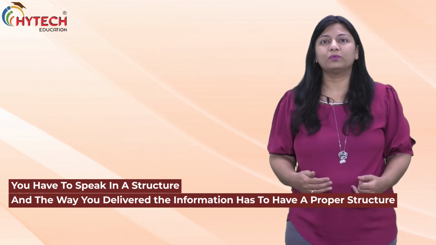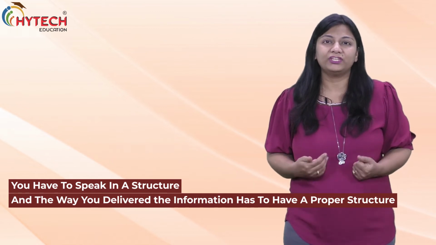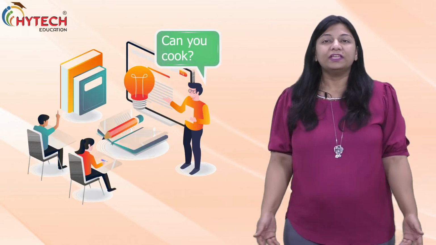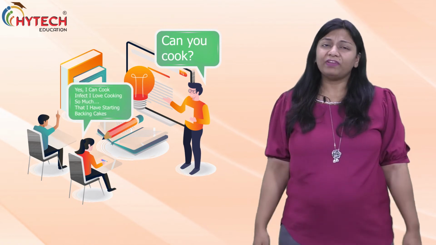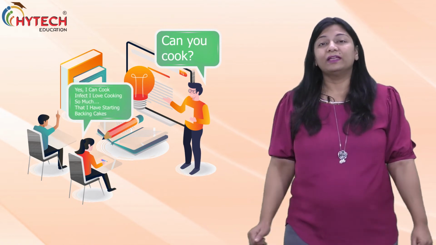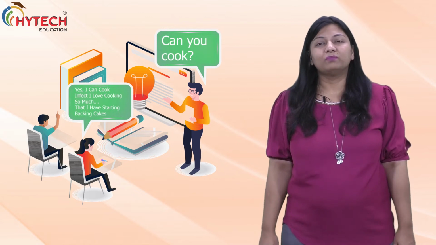The second part of the first parameter is coherence. Coherence is a very simple thing that you have to speak in a structure. The way you deliver the information has to have a proper structure. Let's take the same example. Can you cook? Yes, I can cook. In fact, I love cooking so much that I have started baking cakes more often. This kind of structure is very much necessary when you first reply, whether you like it or you don't like